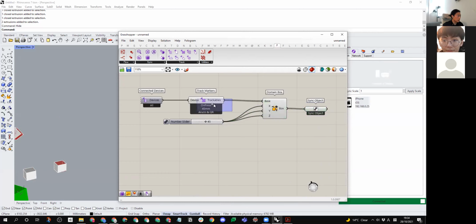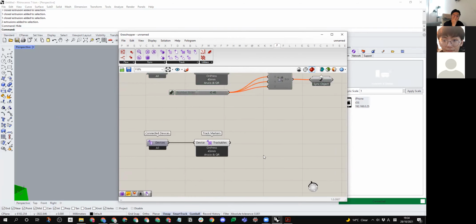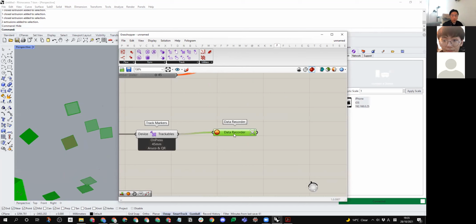So maybe I'll just disable this, and again we can use the data recorder. For now, it's only detecting the faces, right? But again, we can go back to the first one, which means we can create the